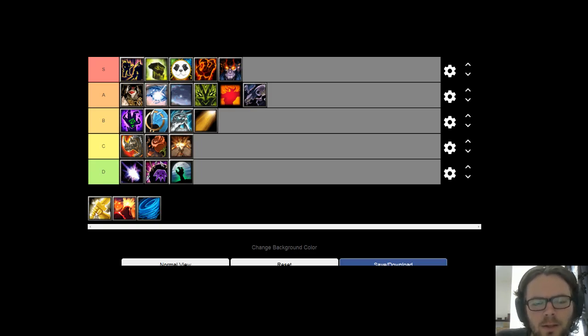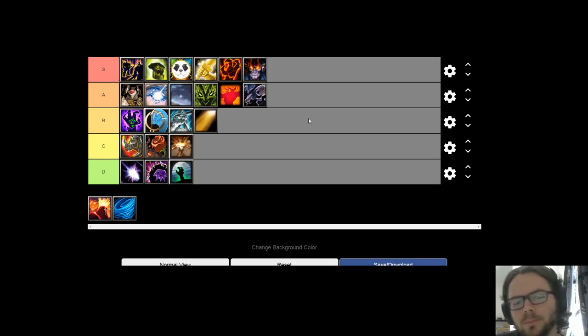Transmute. It's kind of in the same boat as Charm, but I'd say more versatile. I'm going to put it as S tier, but probably higher, probably like here. Maybe even better than Storm Earth Fire, the Panda ultimate. Transmute, like Charm, is more situational. They're very, very similar, but I'd say Transmute is a lot better because getting the gold